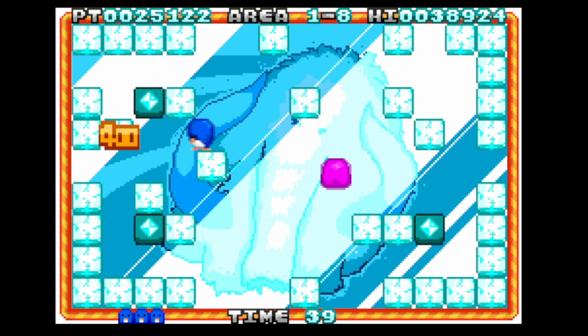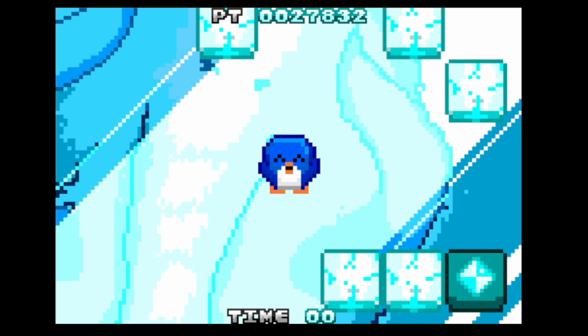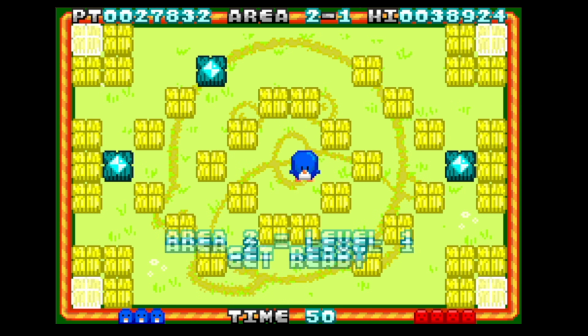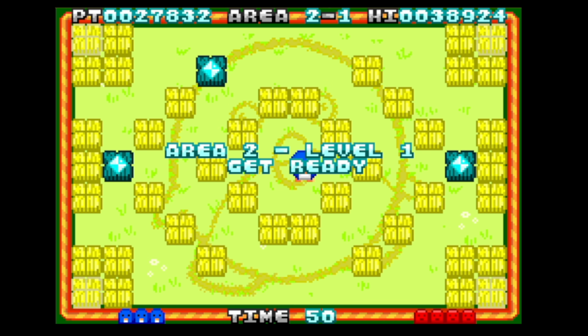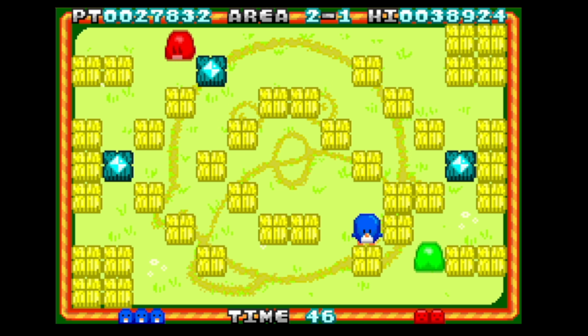I do like the way that when you finish a set of levels, the graphics and the tile set changes, but the game itself plays exactly the same all the way through. So it's a fun little distraction, but it's not really the sort of game that could hold your attention for that long. I do love the fact though that Pico Interactive picked it up for a full physical release in